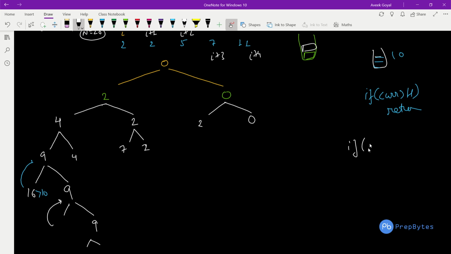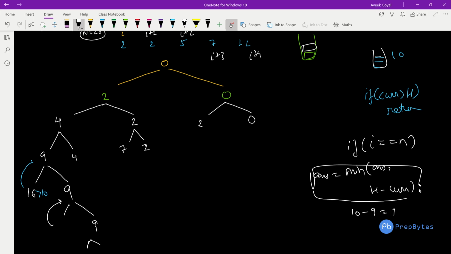So in this particular case, when I value becomes equal to n, that means we do not have anything left. What we can do is we can find the minimum of the current answer that is going on, and the current maximum height minus the current height. Fine. So current height is nothing but 9, maximum height is nothing but 10. So 10 minus 9 will become 1, and this will be stored in the answer. Okay, since we need the minimum of all the answers, this is nothing but to get the minimum of all the answers.